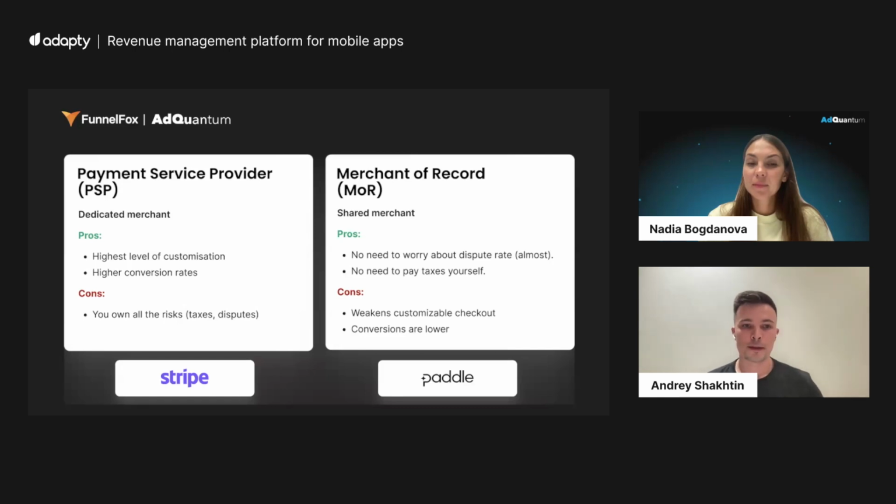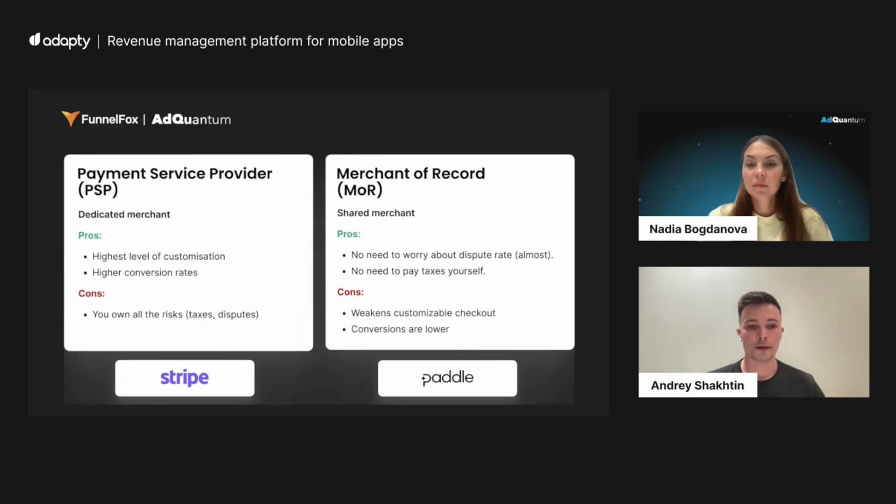And there are two types of payment providers. The payment service provider, for example Stripe, where you can use your own merchant. Merchant is like your identifier as a seller. All types have pros and cons. The pros of the PSP is high-level customization. You can customize checkout, you can customize almost everything there,